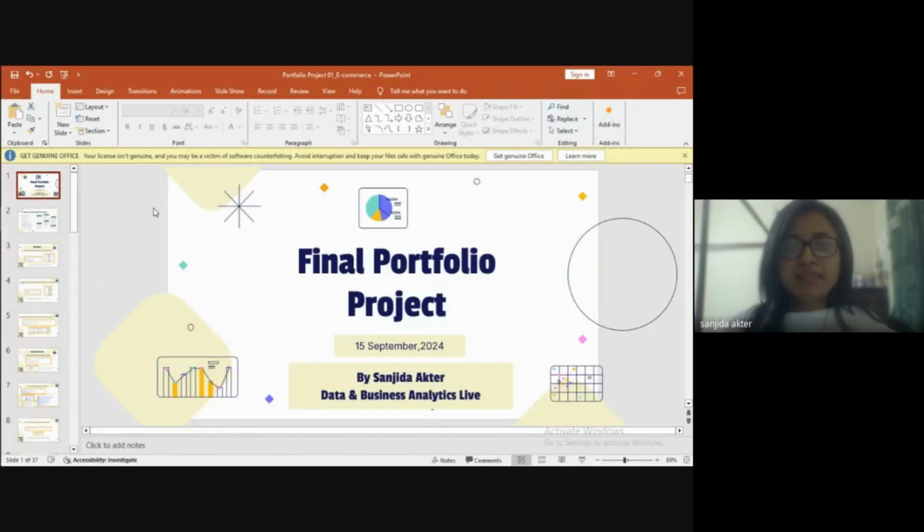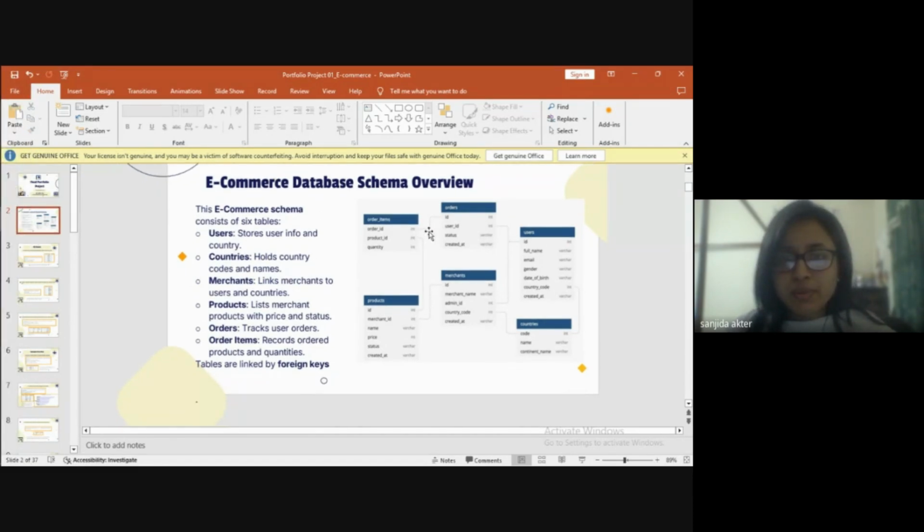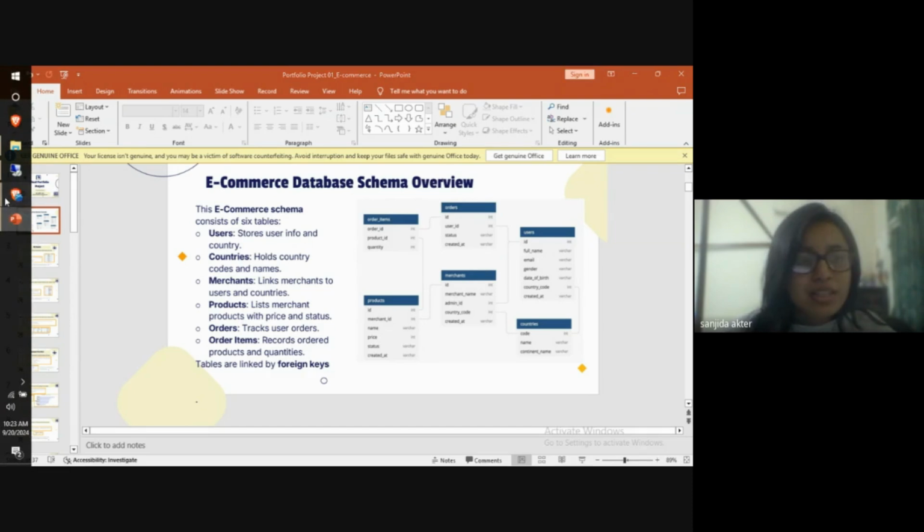So hi, my name is Sanjita Akhtar. Today I'll be presenting my final project, named Comprehensive E-commerce Database Management and Analysis. So let's dive in. Here this diagram shows how different tables in e-commerce are connected, and we see we have a user who has orders, and all the orders are linked to one or more products through this order item. Then we have the merchants that provide